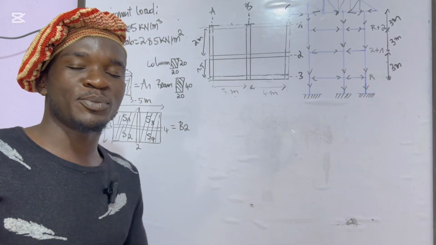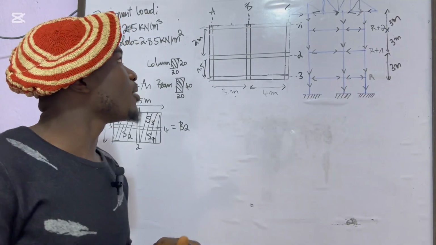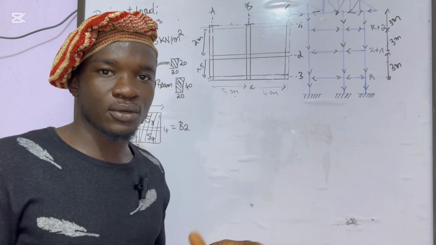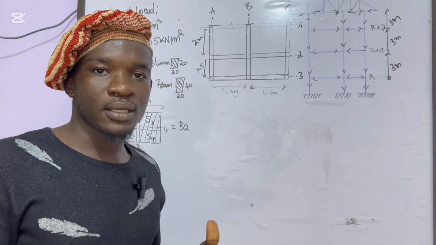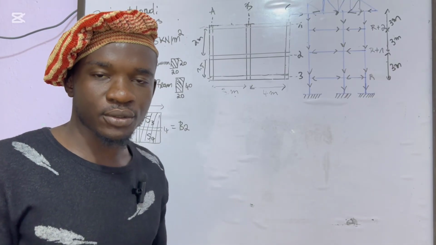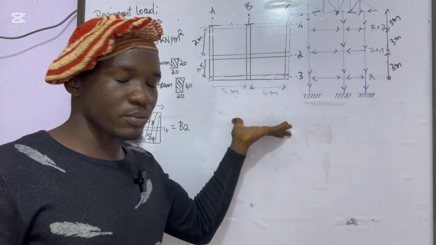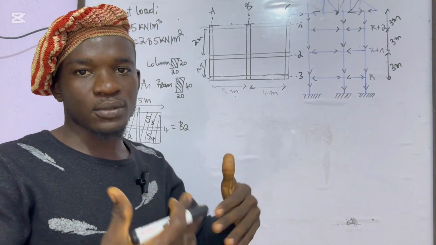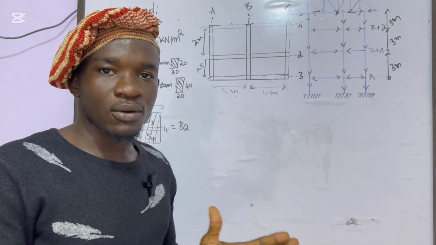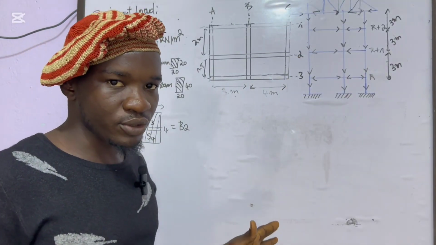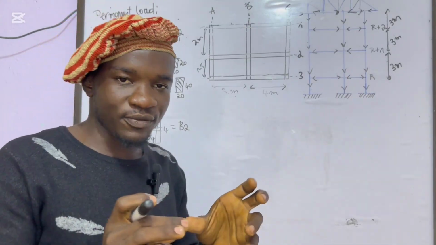So it has been a long time. Today we are going to talk about load distribution. In the last video, we spoke about how to make the pre-dimensioning of a reinforced concrete column. Today I'm going to explain how to make the load distribution on the floor, and at the end of the video you'll be able